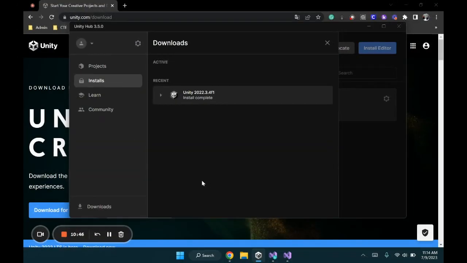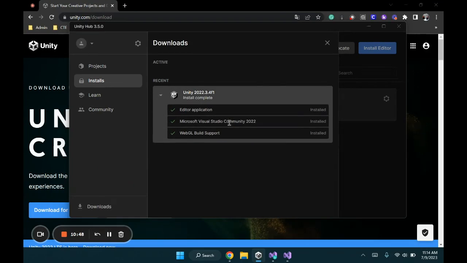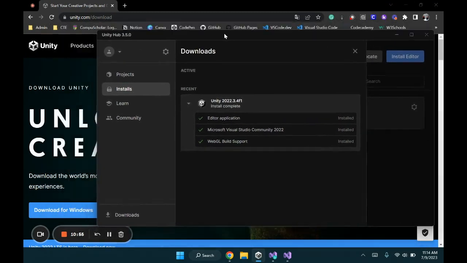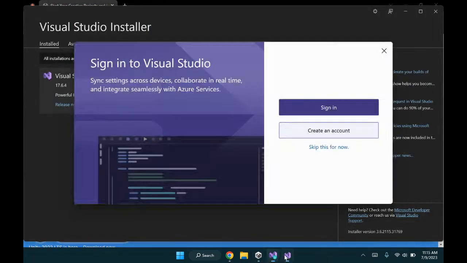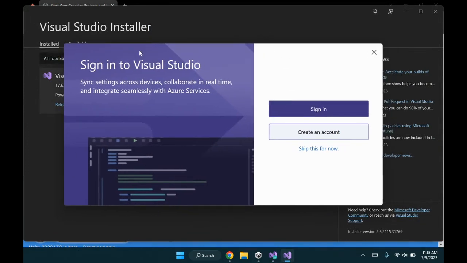So my version of Unity has been installed. This is what you should see. All three have been checked off. You should see this on your Unity hub. Everything has been installed successfully. Then for Visual Studio, the installer, it should have set up, and it's going to ask you to sign into your